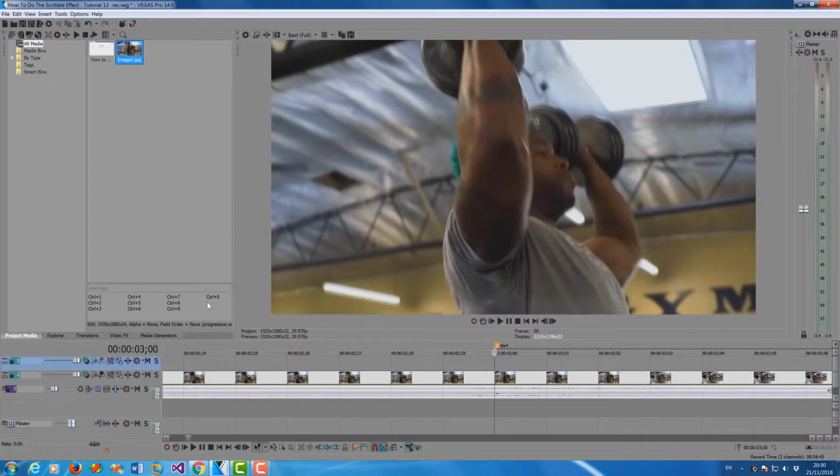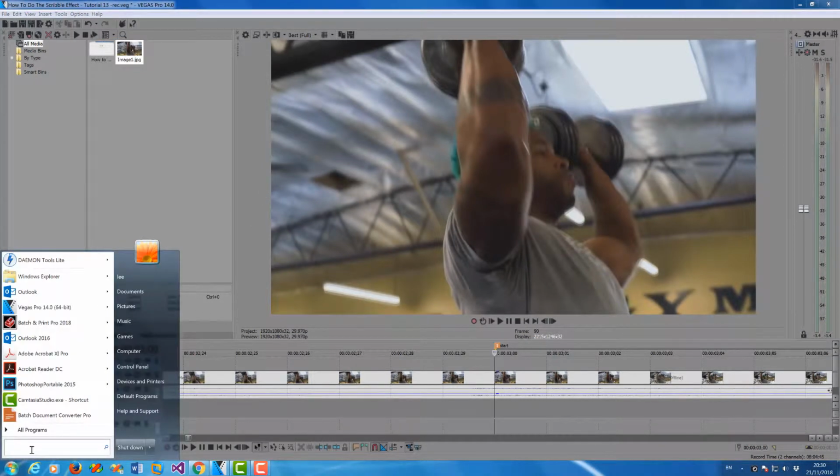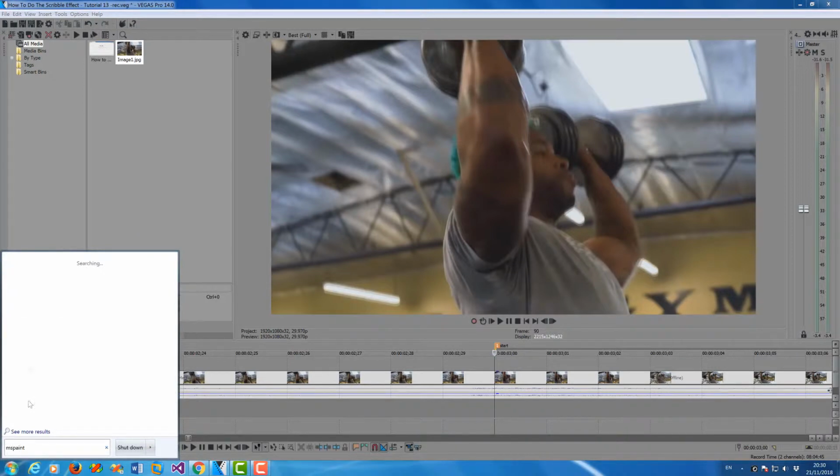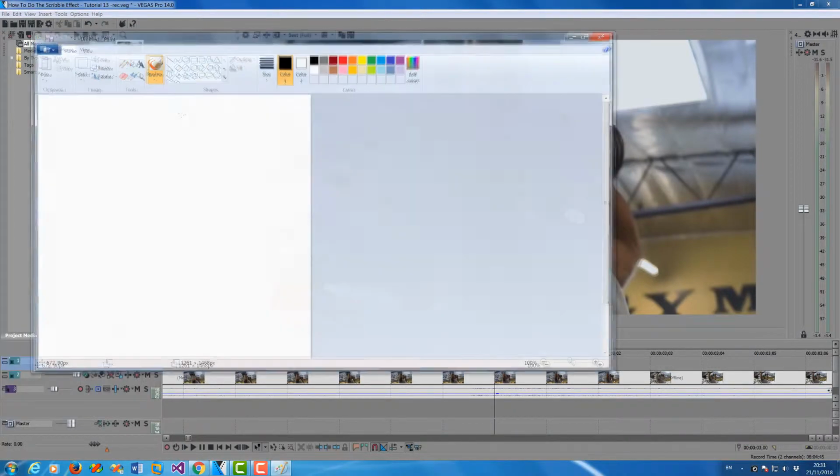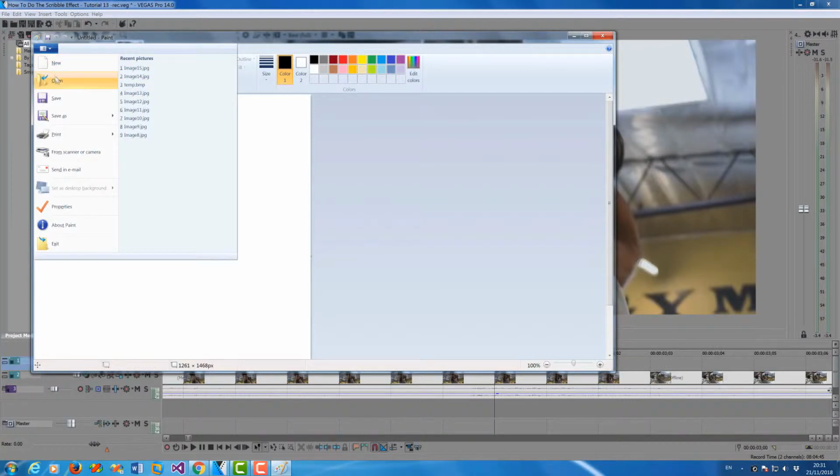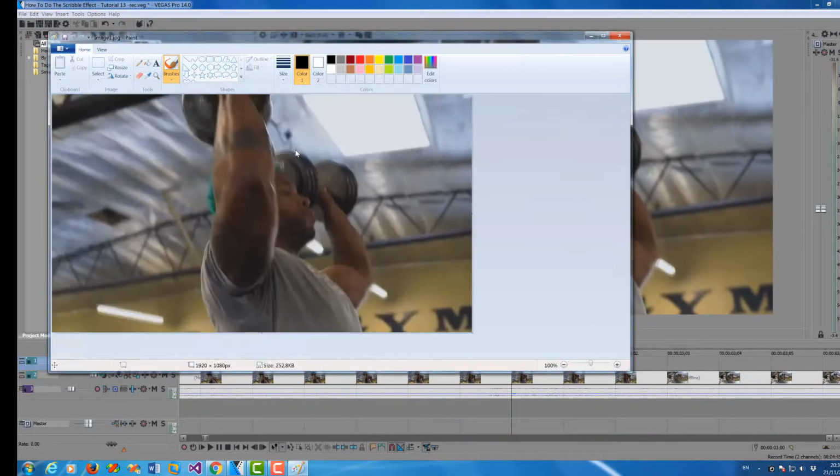So now I want to open MS Paint, and I want to load in image 1. So I want to select this. You can select any colour you want, but I'm going to select red and do a fairly thick size, 5 points, and I'm just going to scribble round the dumbbells like that, just a rough guide. I'm going to save it,